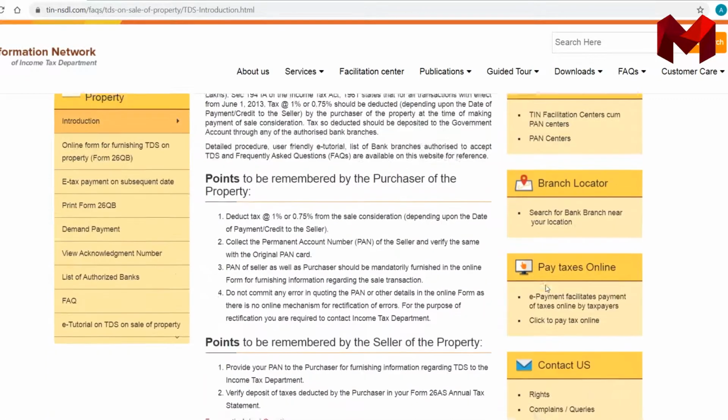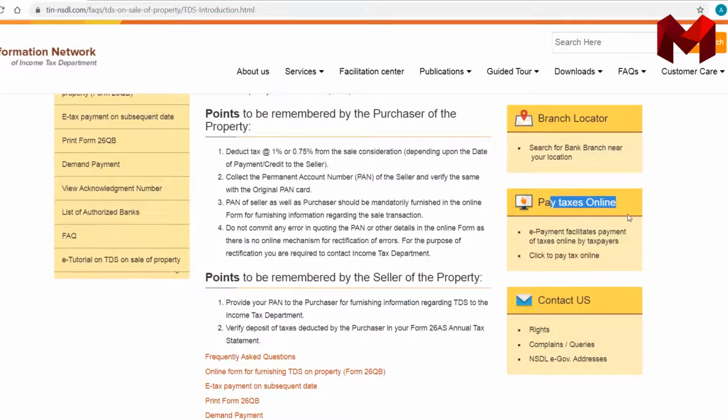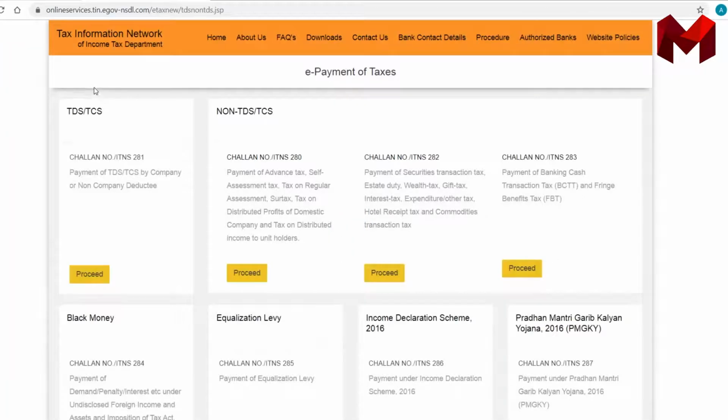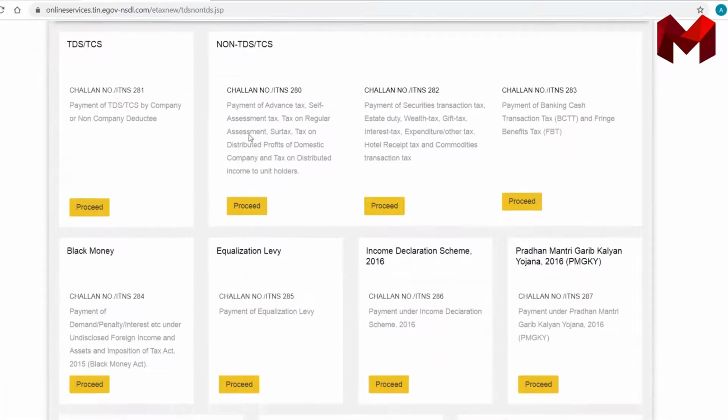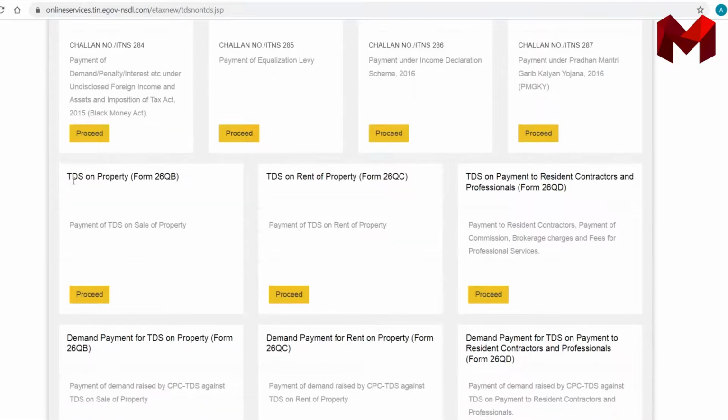Now you will just go on pay taxes online. This page is opened. Here are the options: TDS on property Form 26 QB, payment of TDS on sale of property. Proceed.